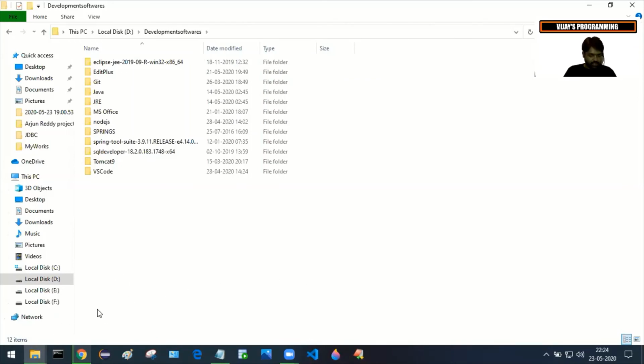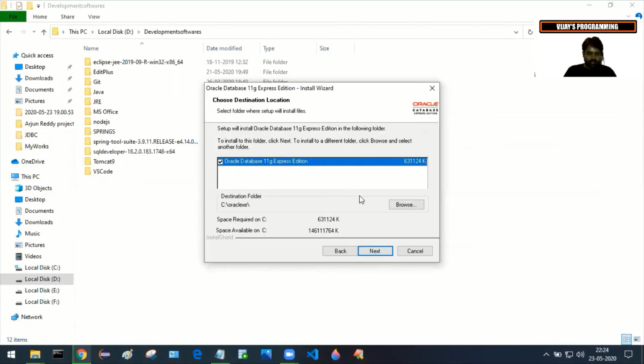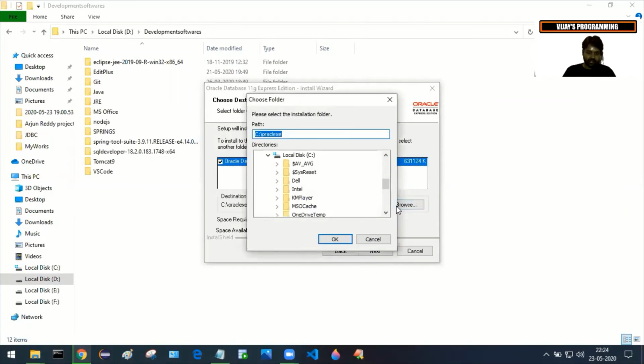So go to the installation, and you just need to direct that installation location. Click on browse. Okay, click on browse. Expand this D drive, and in my case, I'm going to install it in development softwares.